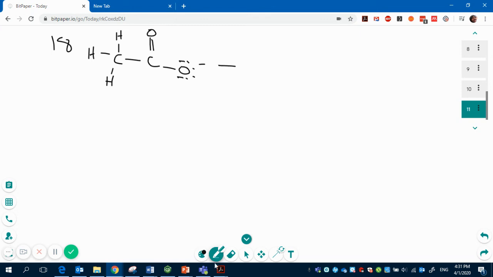Because I can draw this like this. So I'm going to expect that this bond angle is going to be maybe slightly larger than 120,